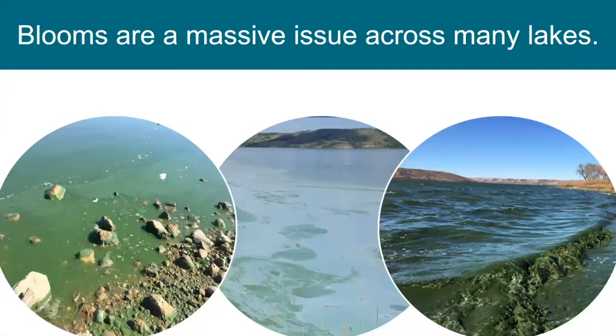Okay, so as you likely know, blooms are a massive issue across many lakes in Western Canada and around the world. Many of you will have seen lakes that look like these or photos like these of blooms affecting lakes. Within the water of lakes, there are a diverse group of organisms growing in the water column, the phytoplankton, or what we often call algae. And under certain conditions, the algae in the water column can bloom, like we see here, or undergo rapid increases to really, really dense conditions.